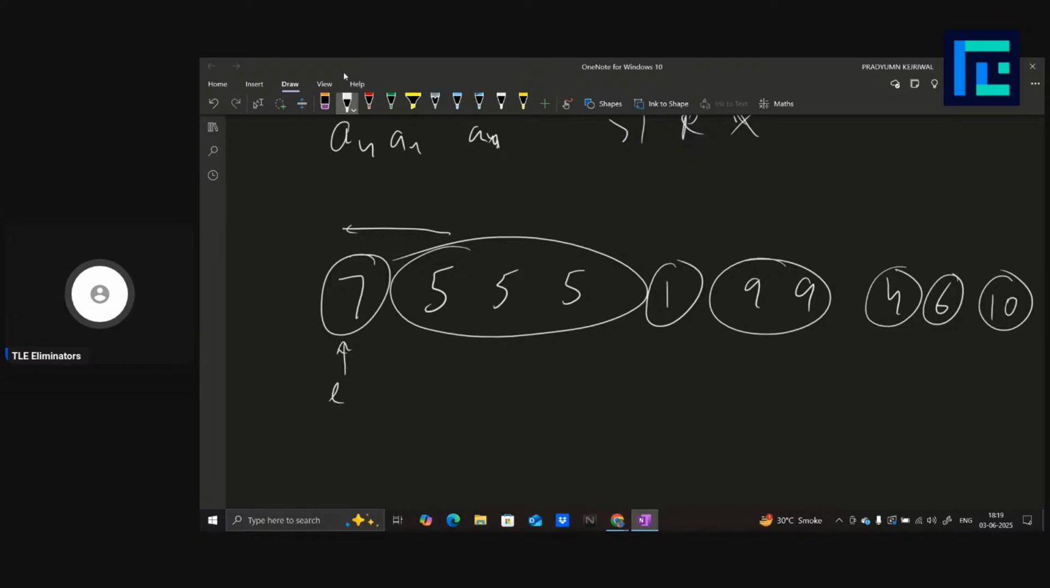Okay, so this is the L pointer and the R pointer. As long as A of L is equal to A of R, I will keep incrementing this R pointer. So this R has come here, right? So this R comes here,